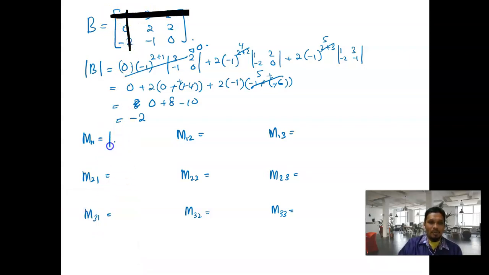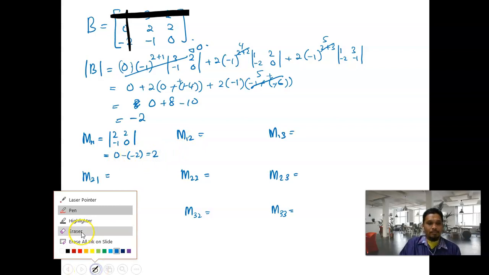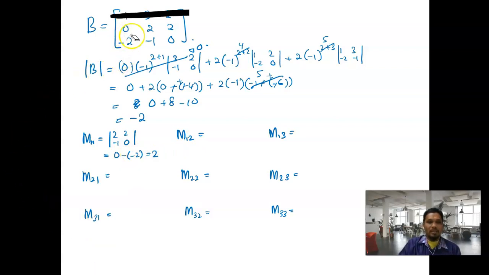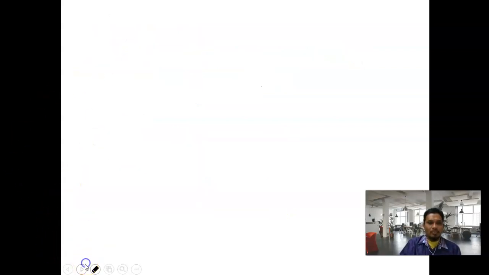So what you see here, guys, 2, 2, negative 1, 0. So 2 times 0 equal to 0 minus 2 times negative 2 equal to negative 2. So 0 plus 2 equal to 2. Okay. Then